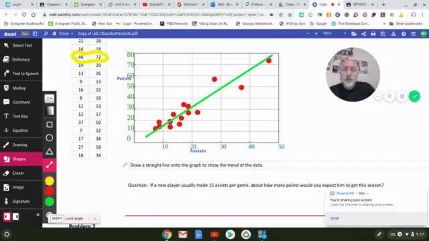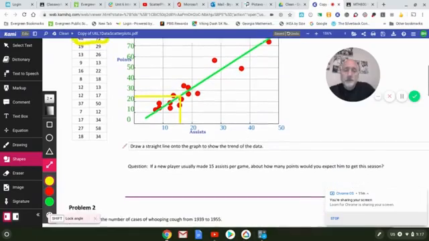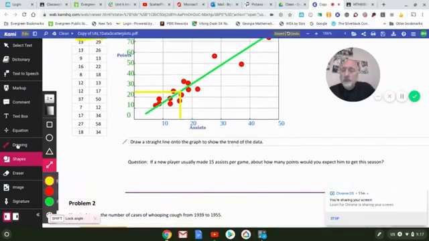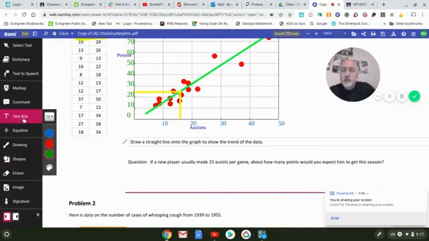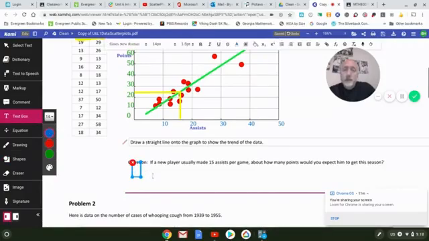So go back to the text box, go back to blue. So write out a sentence there. If the new player usually made 15 assists, he would probably, remember we don't know, but with the data it gives us a chance to predict. He would probably get